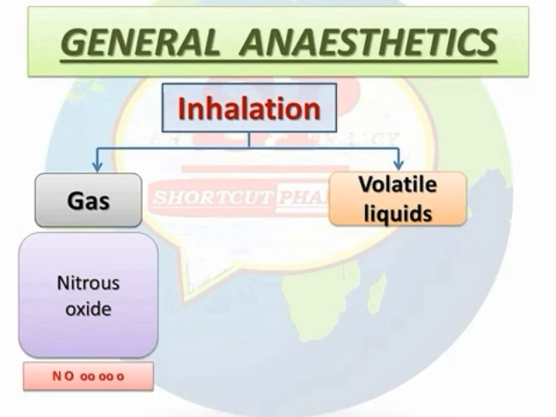Thiopentone is the most commonly used ultra short acting barbiturate for induction of anesthesia, and its action is diminished because of rapid redistribution into muscles and fat, and it is metabolized in the liver by cytochrome P450. In GPAT, a question is also asked: thiopentone is metabolized in the liver by which enzyme, and the right answer is cytochrome P450. The strength of the solution used is 2 to 5%, and the pH of the solution is 10.4.